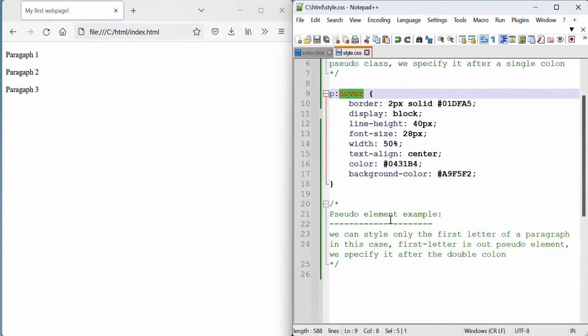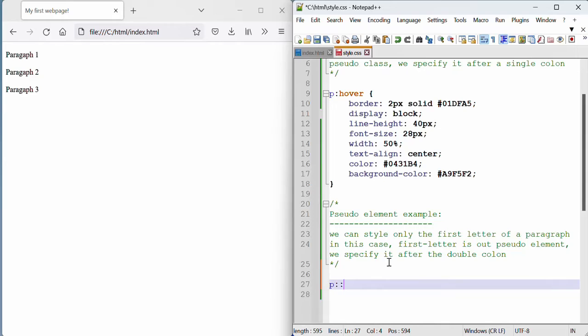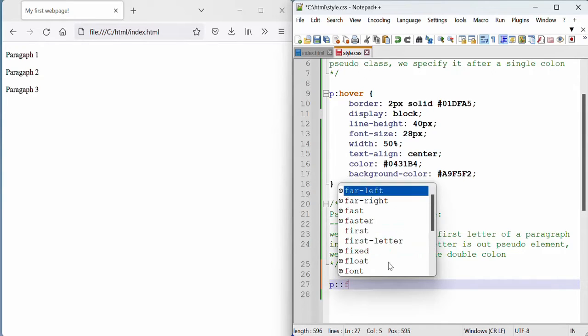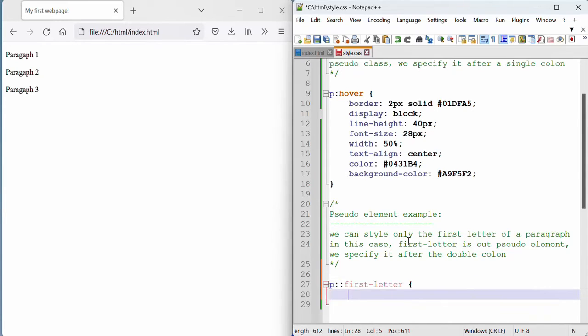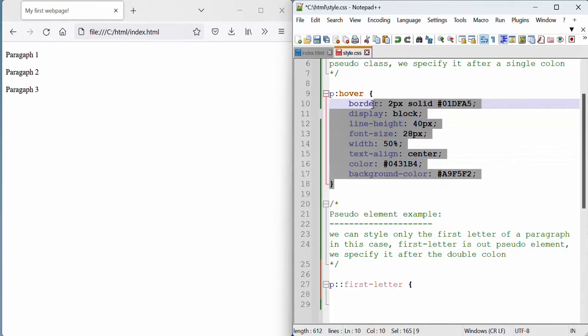Now the other example is when we style only a particular part of an element. In this case, we want to style only the first letter of a paragraph. Here, first letter is our pseudo element, and we specify it after the double colon. So it will be a double colon, and then we give our pseudo element, which is first letter. Now what I'm going to do is actually copy this,